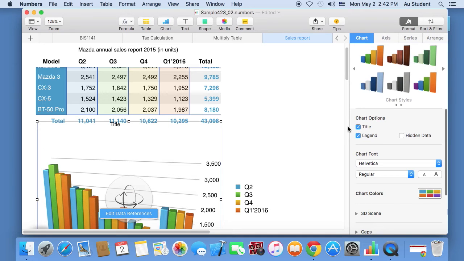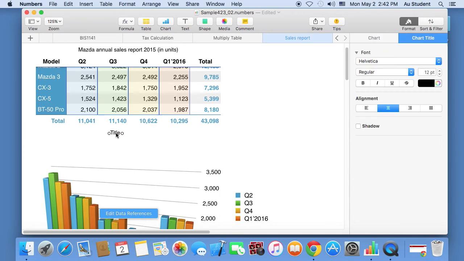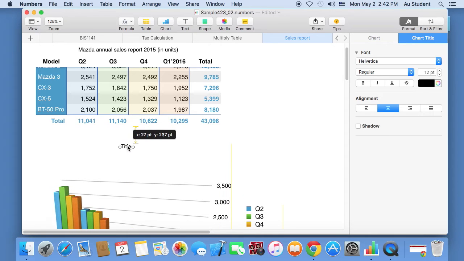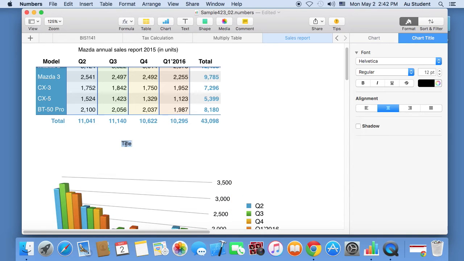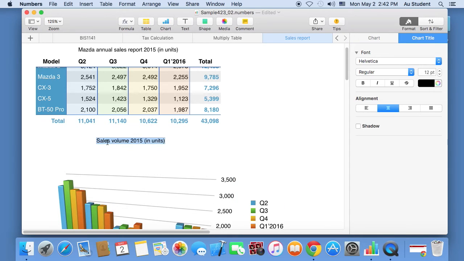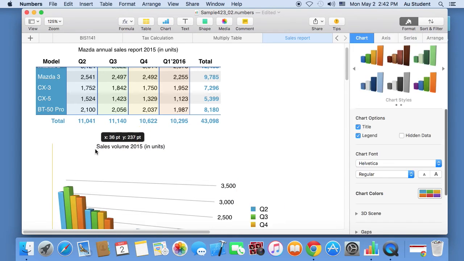You can just click the title, and then they're going to have the title over there. So you can select the title, for example, sale volume, you can just input sale volume 2015 in units. However, one thing that you should know is that the title itself is like this, and then it's going to have the